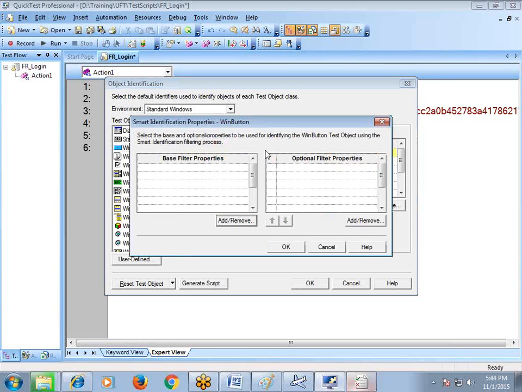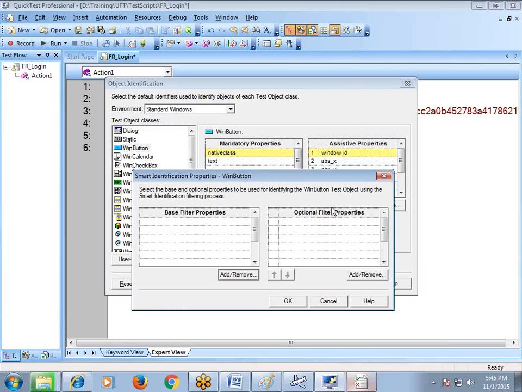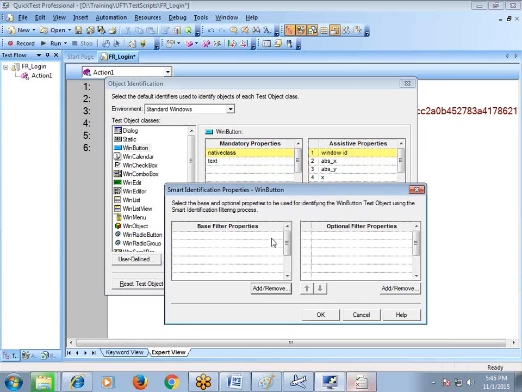Click this configure button. So here we should define again two properties. One is the base filter, another one is the optional filter. The base filter properties are the same as mandatory properties. Optional filter properties are the same as assistive properties in the configuration. Now what property should be defined in the base filter? Very simple. Whatever properties you define in the mandatory properties, you can ignore those properties. Other than mandatory properties, take all other assistive properties